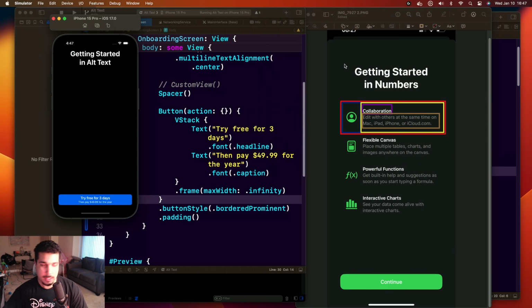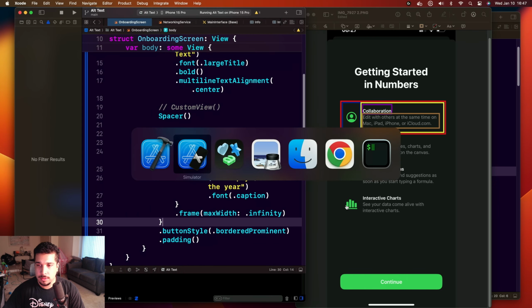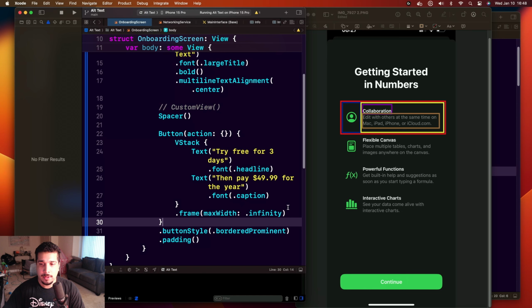All right, let's see if we can accomplish literally anything. Okay, so we got the button kind of looking the way that we want it to. Take a look here. Try for free. Try free for 3 days, then pay $49.99 for the year. And then we'll do another one that's like try now, and that will be